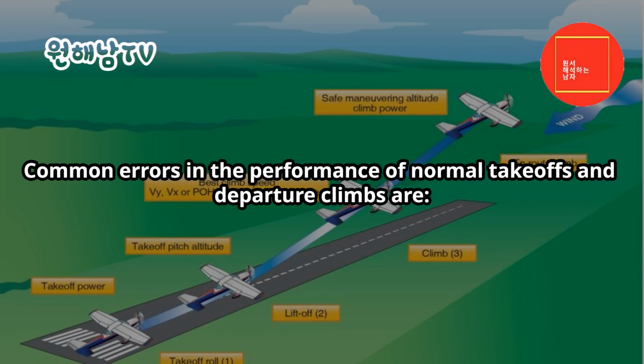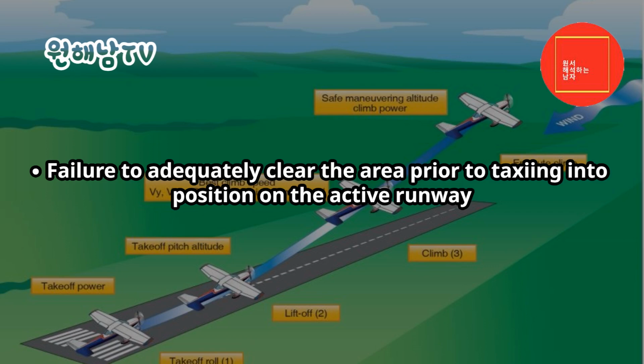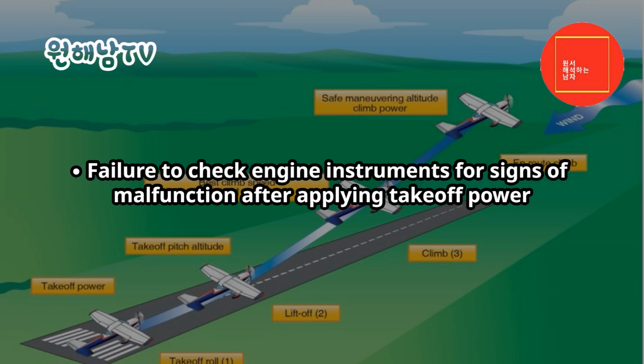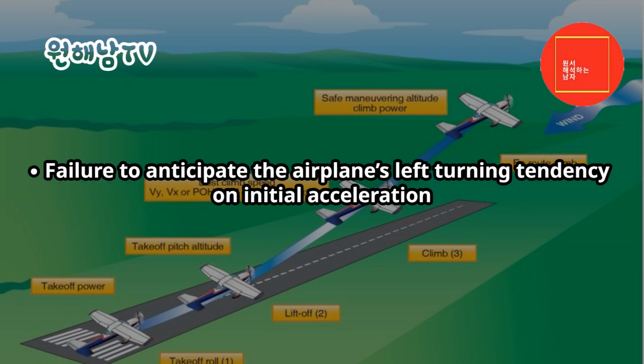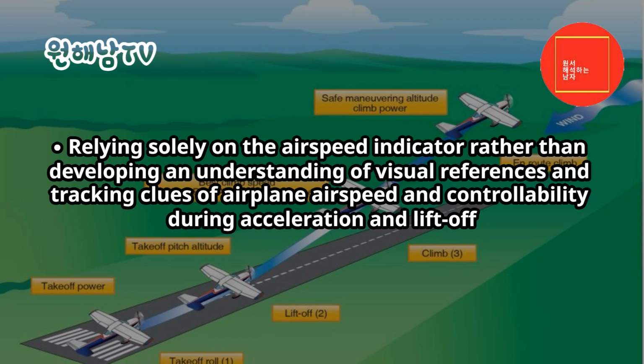Common errors. Common errors in the performance of normal takeoffs and departure climbs are: failure to review the FMPOH and performance charts prior to takeoff, failure to adequately clear the area prior to taxiing into position on the active runway, abrupt use of the throttle, failure to check engine instruments for signs of malfunction after applying takeoff power, failure to anticipate the airplane's left-turning tendency on initial acceleration, overcorrecting for left-turning tendency, relying solely on the airspeed indicator rather than developing an understanding of visual references and tracking clues of airplane airspeed and controllability during acceleration and liftoff,